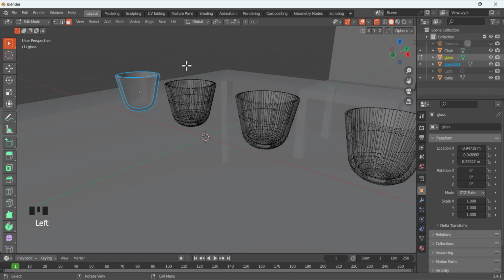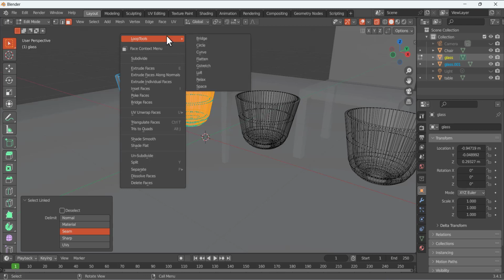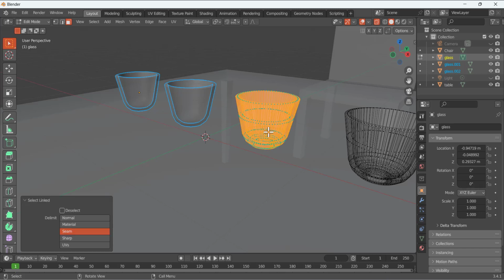Now move your mouse here on this object and press L, so it will select all the vertices and faces of this object. And if you now right click, you will have these properties, and here we also have this separate tool where the shortcut key is P, and by selection it will also be separated. Now we want to select all of the vertices of this object which was connected. So move your mouse cursor here on this object, press L, completely select this object, and P to separate it